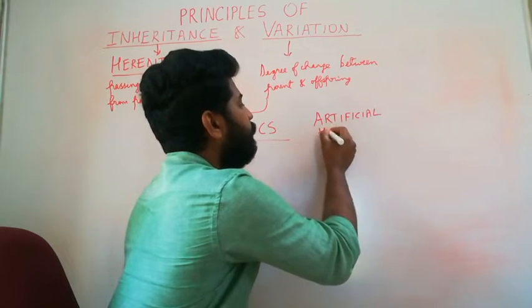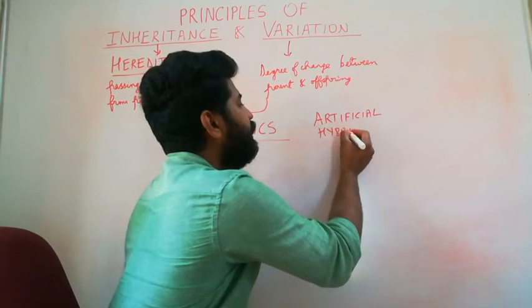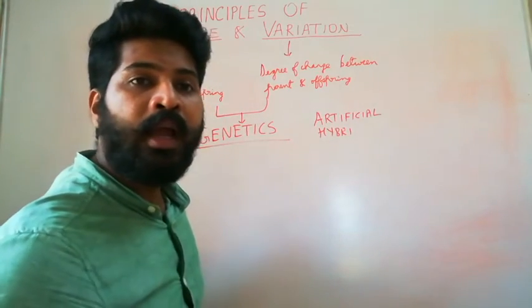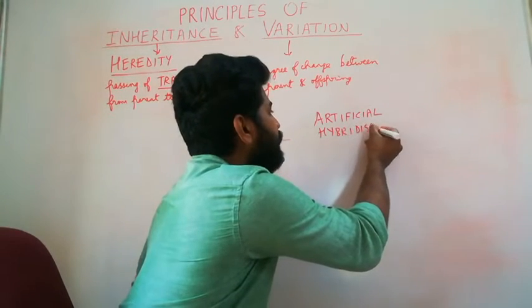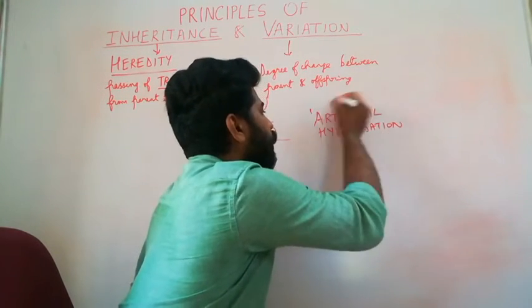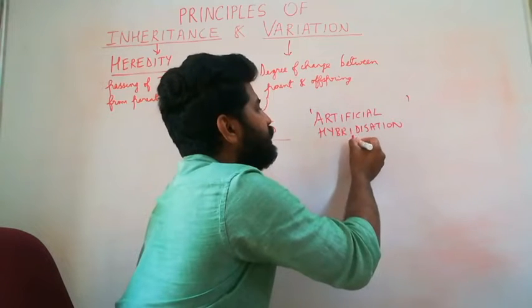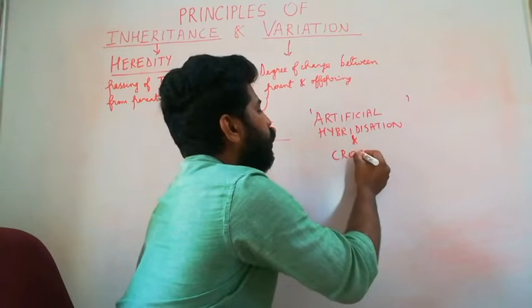Also, development of different varieties of rice and certain crop plants, all of which were practiced by our ancestors with the help of artificial hybridization and crossing,